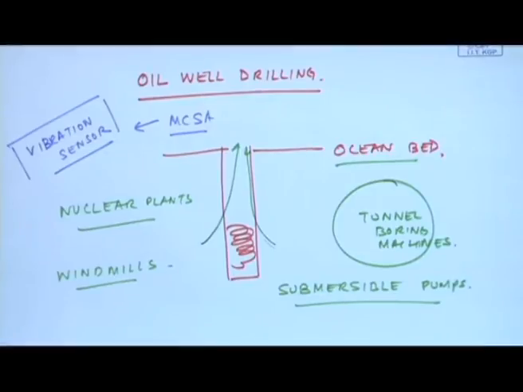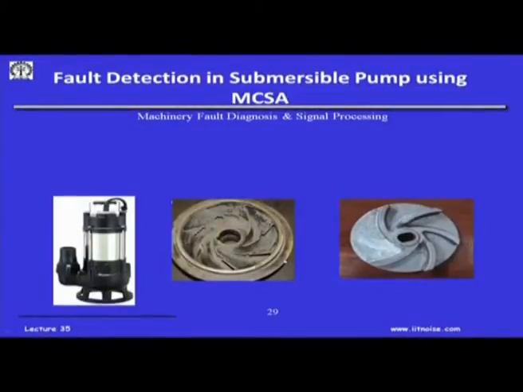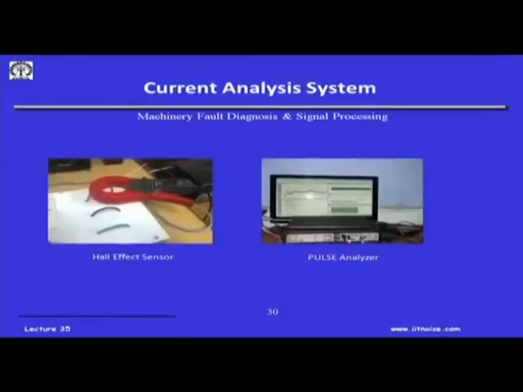So here in the laboratory, in fact, we are doing research in this area into finding more signal processing algorithms to find out these features better. There are actually 6 radial vanes in this pump, and you will see my student has removed one of the vanes here, because we wanted to artificially induce a fault and see its effects on the pump function, and again through motor current signature analysis whether we can measure it.